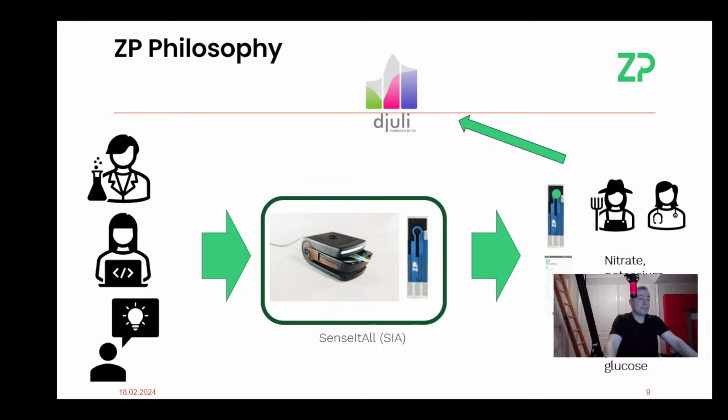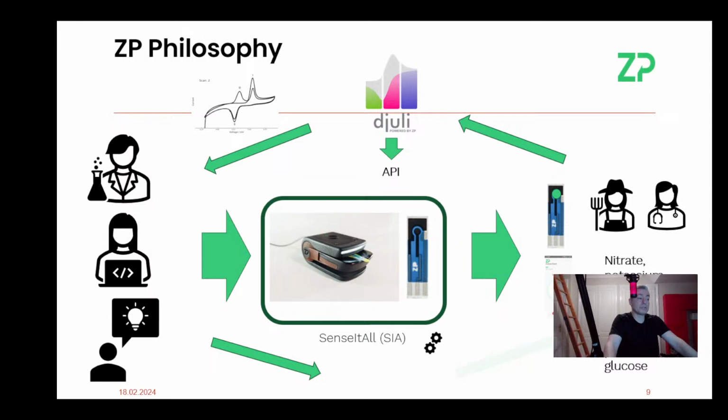So the whole philosophy of ZP is there are people who need technologies, there are people who want to provide technologies, there are people like ZP who sit between them who probably have some of the technologies, and it's really a kind of take the technologies we have, start putting them in the hands of real users, and because everything is cloud connected, you can start gathering data really early on and actually start making sure that the data coming from these users is actually of good enough quality for the final sale, let's say. And it's because everything is cloud enabled that it allows this virtuous circle of you shipping, people testing,